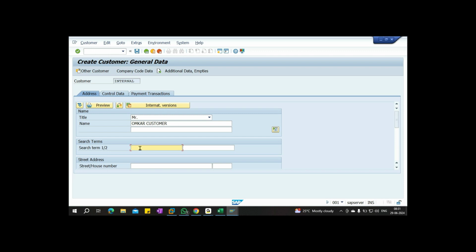Some people say first name, some people say location name, some people say region name. It differs client to client. We never say search term one is always the customer first name, or always the location name. Nothing like that. It differs client to client, as per their previous business environments, and we work on that. So I chose search term Wonkar